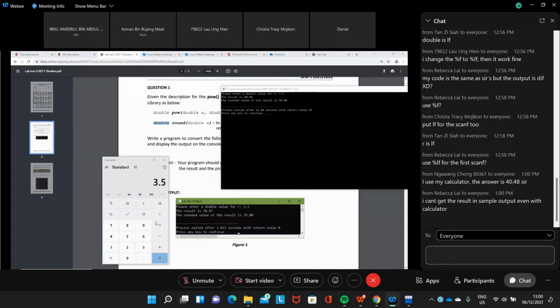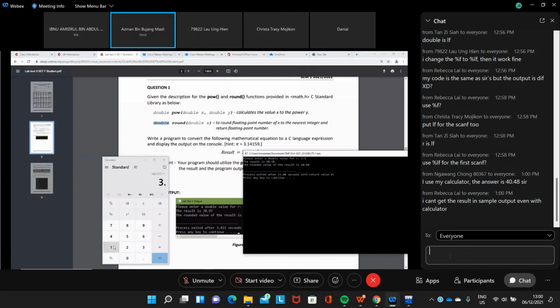If you look, 3.5 to the power of 2, squared, is 12.25. 12.25 multiplied by 3.14159 equals 38, times 2, plus 2. Plus 2 is 40, isn't it?